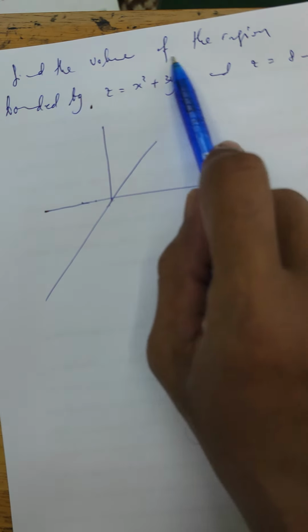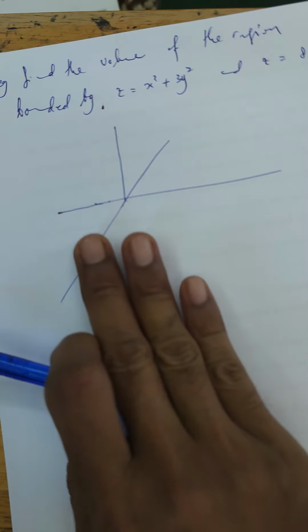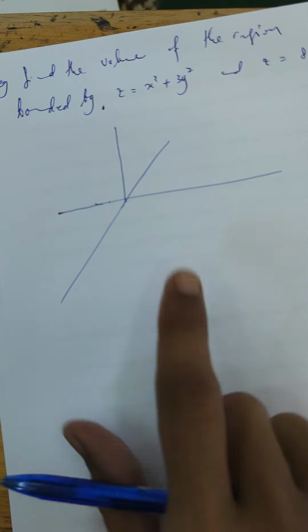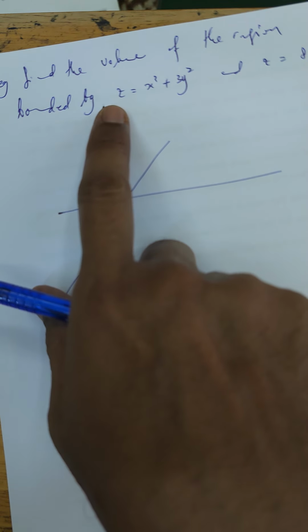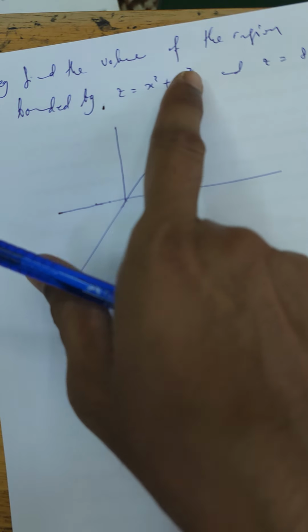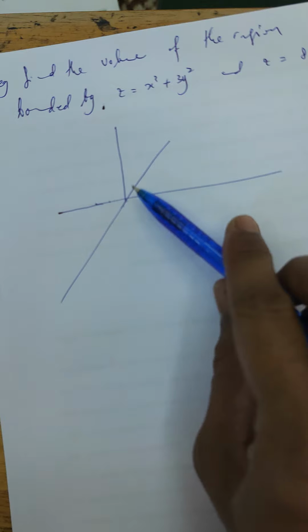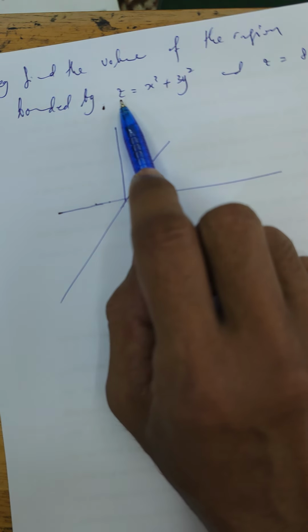So, just look at the xy plane first, where z equals 0. What we have is x squared plus 3y squared equals 0, which does not give much information. But if you increase z to 1, 2, 3,